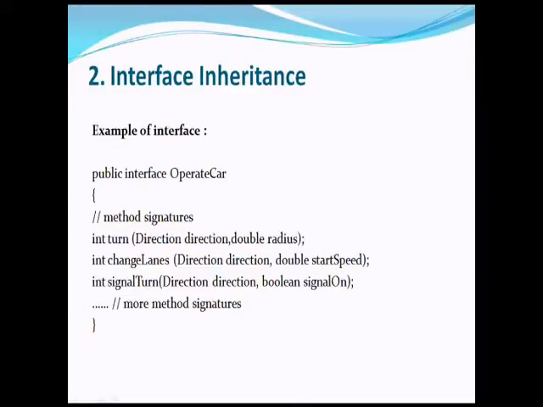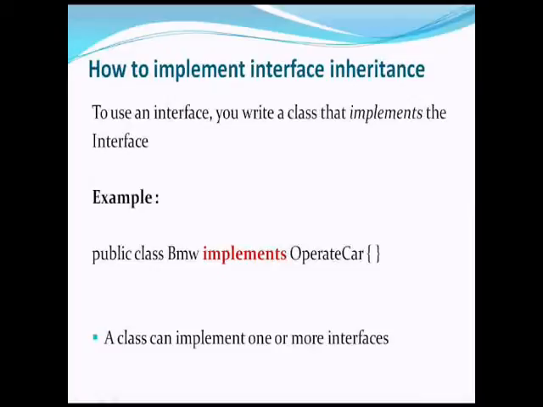As in this example, there can be many method signatures, but those methods are not implemented inside the interface. Note that the method signatures have no braces and are terminated with a semicolon. To use an interface, you write a class that implements the interface. When an instantiable class implements an interface, it provides a method body for each of the methods declared in the interface. In Java, it uses keyword implements to inherit interfaces.